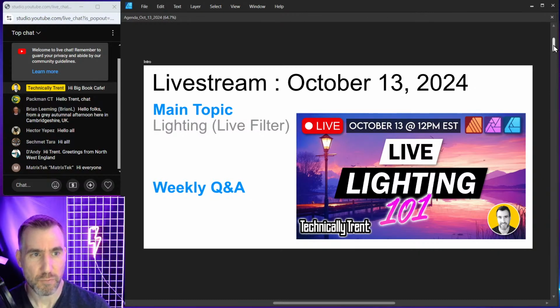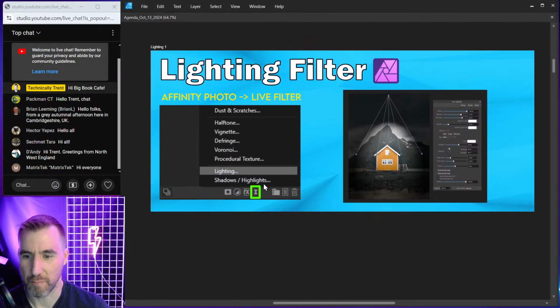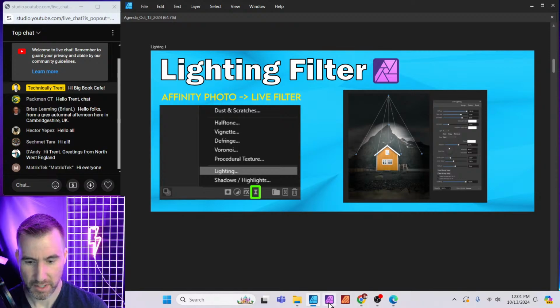So what is this lighting filter? Well, it's one of the live filters in Affinity Photo. We've talked about some of these over the past couple months or so, various filters. The halftone filter is one we used a bunch, but this lighting one is actually pretty cool. So let's look at an example here. So I have Affinity Photo,